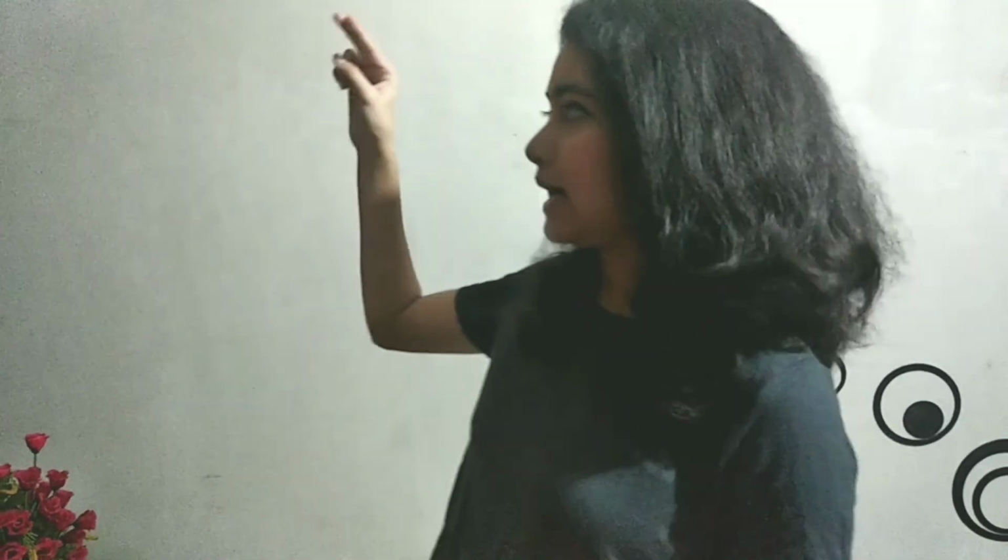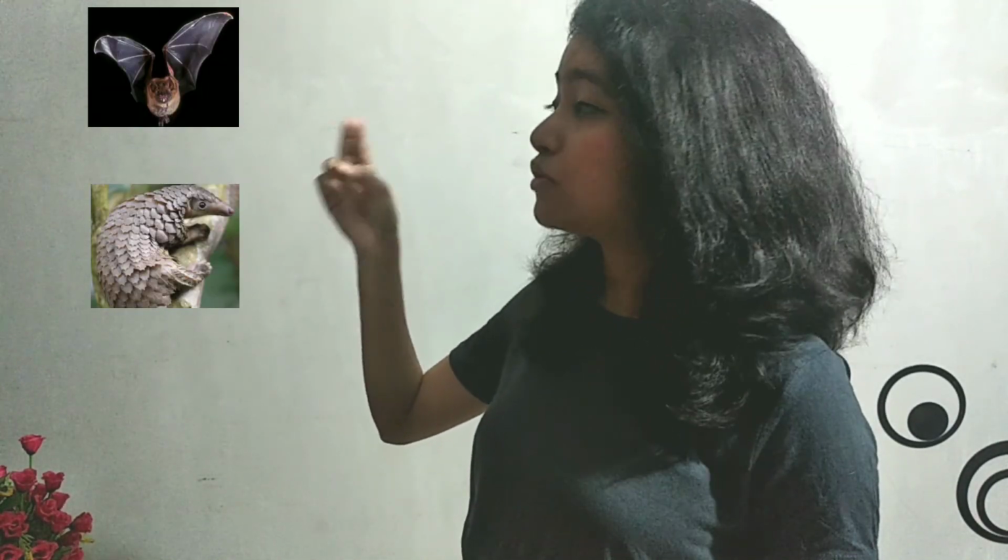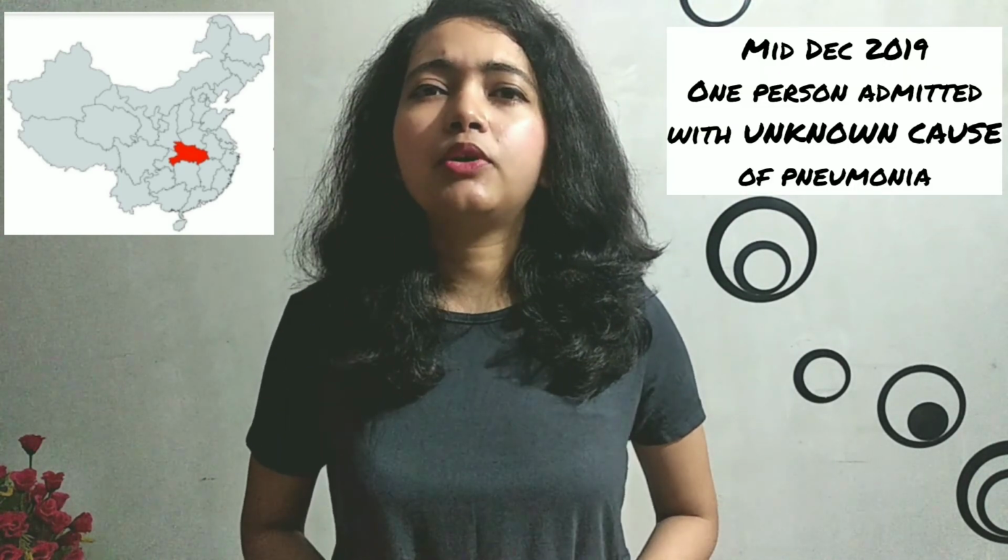You know, in China, people almost eat all types of animals. They eat chicken, goats, bats, rabbits, snakes. According to the reports, coronavirus is said to have been transferred from bats into pangolins and from pangolins into humans. Pangolins are also animals that are eaten in China. Moving forward, the first case of COVID-19 was reported somewhere in mid-December 2019.